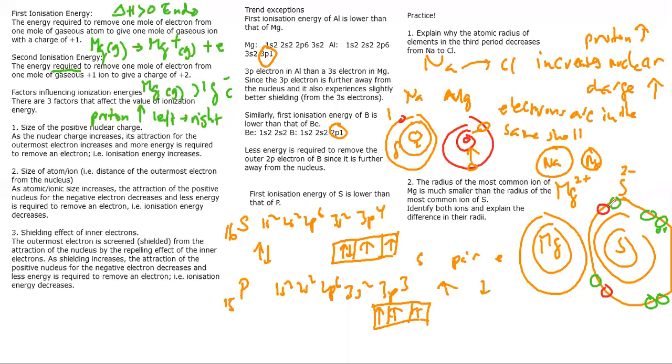So what happens when we add an electron in the same shell? It will create repulsion. When this repulsion occurs, it will weaken the bonding between the electron and the central atom of S. So the size of S is pulled outward, like this. So the size of S is increasing because of the repulsion between the newly added electron and the existing electrons, and it will weaken the effective nuclear charge between the nucleus and the